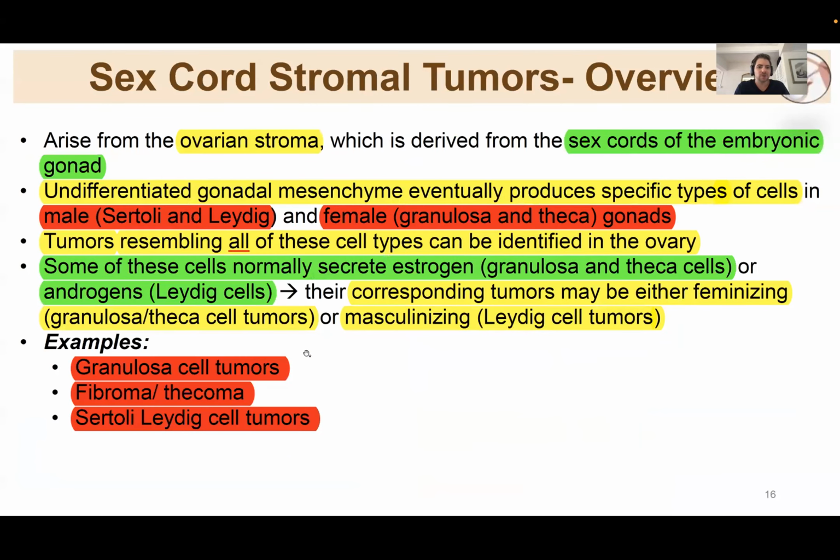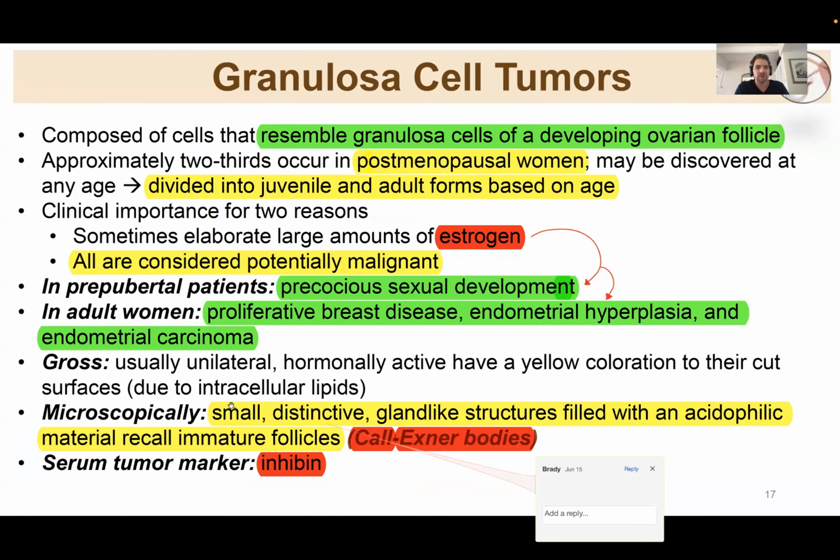All right, then there's sex cord tumors. So you're looking at granulosa cell tumors, thecomas, and Sertoli-Leydig cell tumors. Granulosa cell tumors, you'll see large amounts of estrogen there. Call-Exner bodies, that's another one that they'll talk about there. So for these granulosa cell tumors, you're looking for these Call-Exner bodies, and for the tumor marker, you're going to get